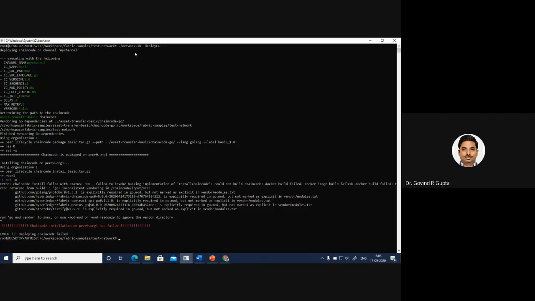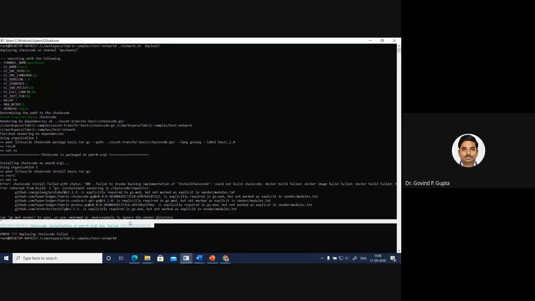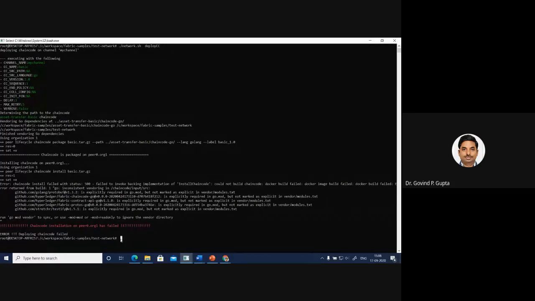Now you see you get some error. So why do you get some error? Because you need some kind of changing the mode of the system. For that you have to use chmod.